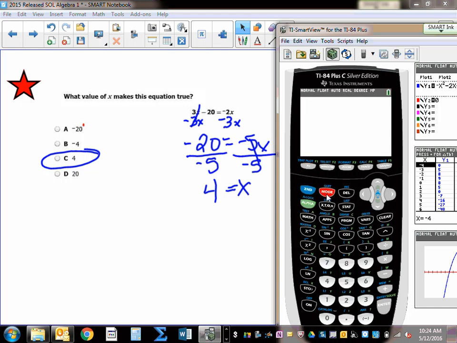So go to your home screen here. STO. It's right above your on button. That stands for store. Anytime you're checking a solution, evaluating, this is going to be your best friend. Okay? So we suspect that C is my answer. I'm going to check C. So I'm going to check that 4 is my answer. So I want you to type 4,